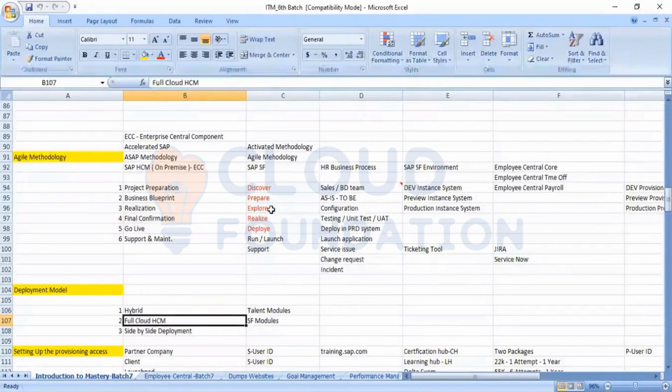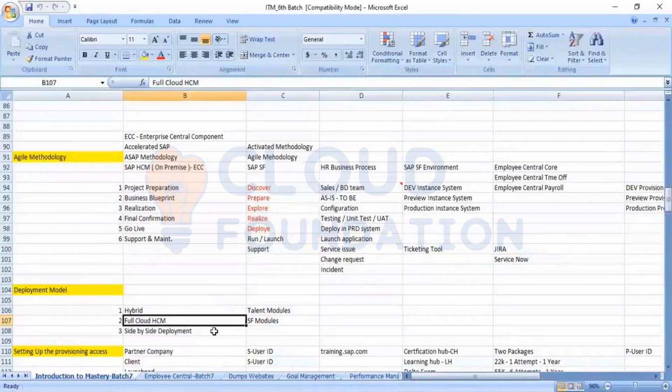In that case, they are totally winding up the existing system and moving from the existing system to the cloud. That type of system is called a full cloud. You may have a customer who has totally moved into the SF application, that is, into the cloud.